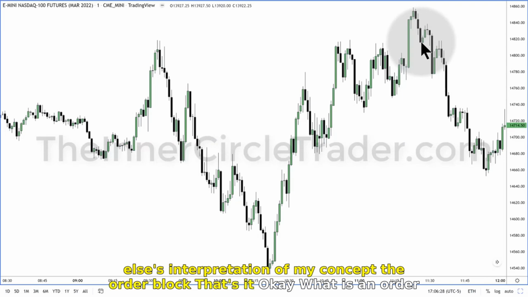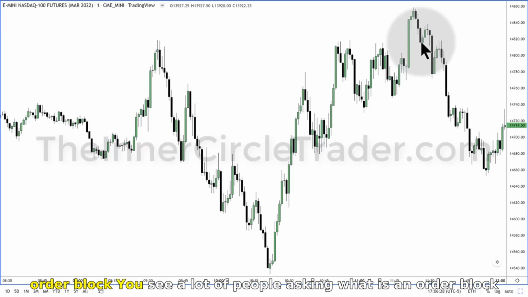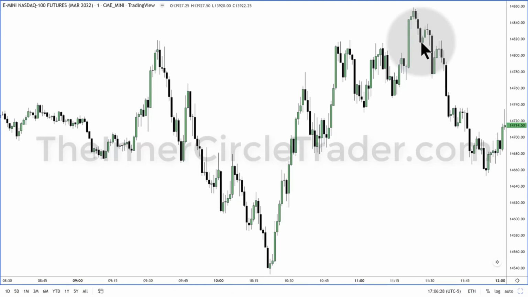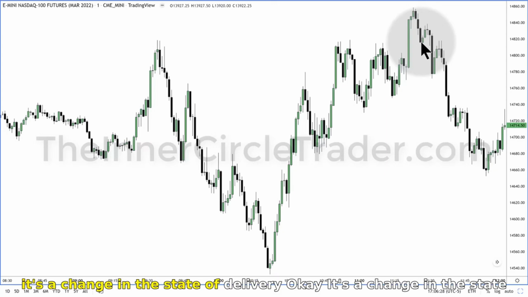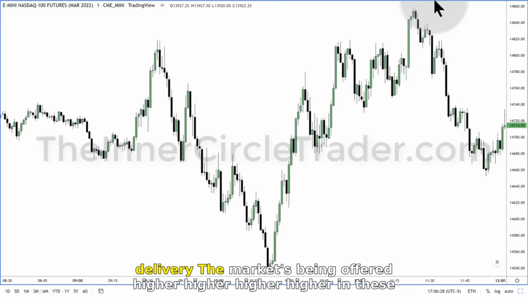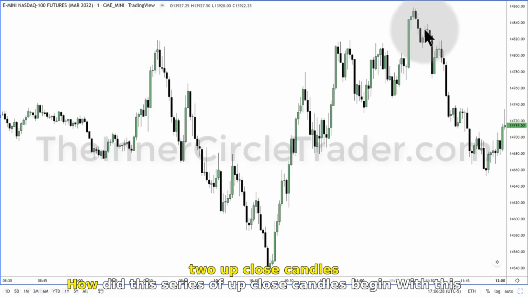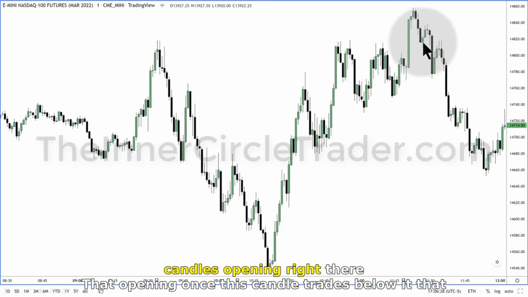What is an order block? You see a lot of people asking, what is an order block? Only my students in mentorship know what an order block is. What it is, it's a change in the state of delivery. The market's being offered higher, higher, higher, higher in these two up-close candles. How did this series of up-close candles begin? With this candle's opening right there. Once this candle trades below that opening,